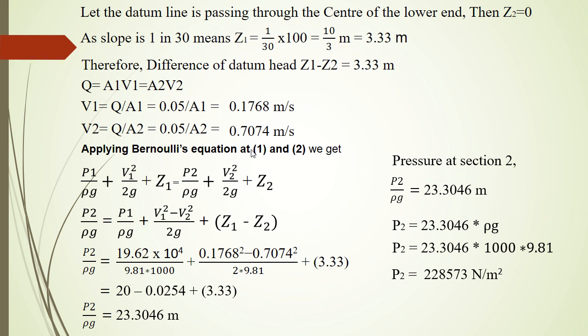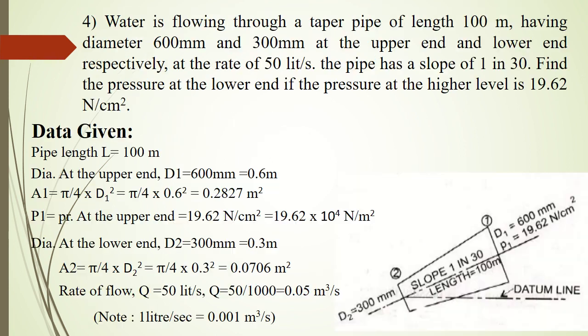If he gives, like in this particular problem, a slope of 1 in 30, he can even say 2 by 5 or 3 by 7; the slope may be any value. But he should mention the length. Just multiply the slope with the length, and you will come to know